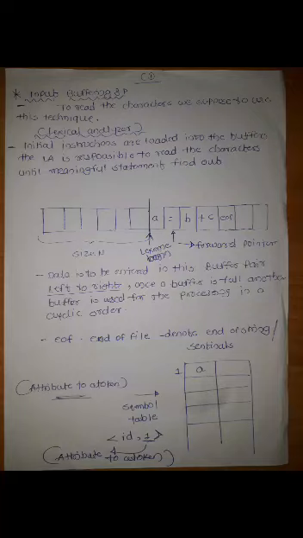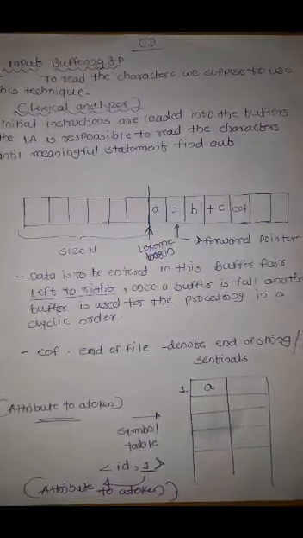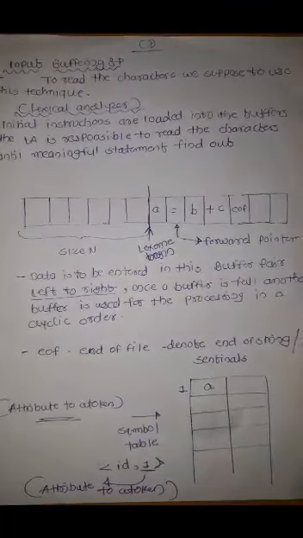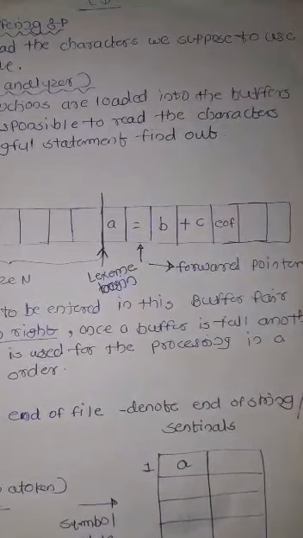In this example we are going to use the instruction a is equal to b plus c. We can see this here. So a is equal to b plus c is organized according to the instruction, but one extra EOF, or end of file, character is added to this instruction.